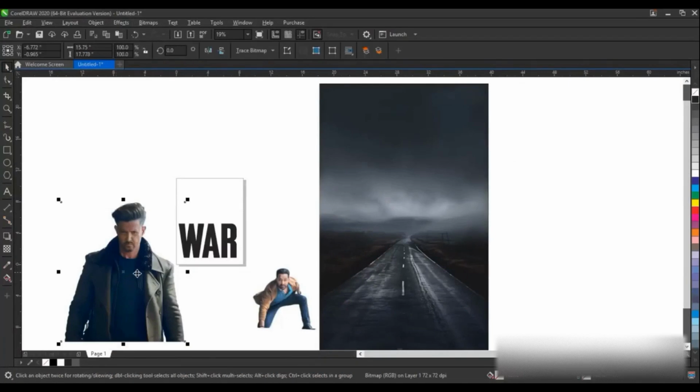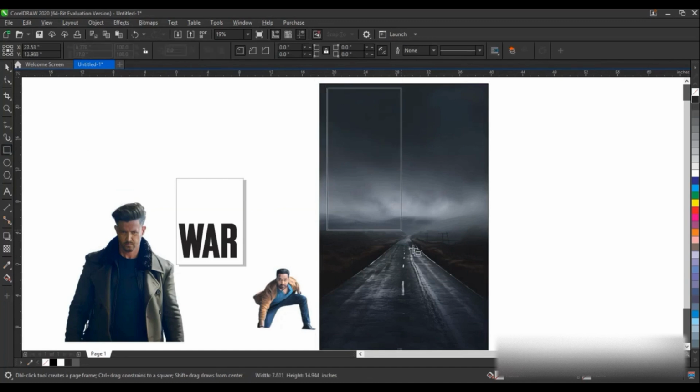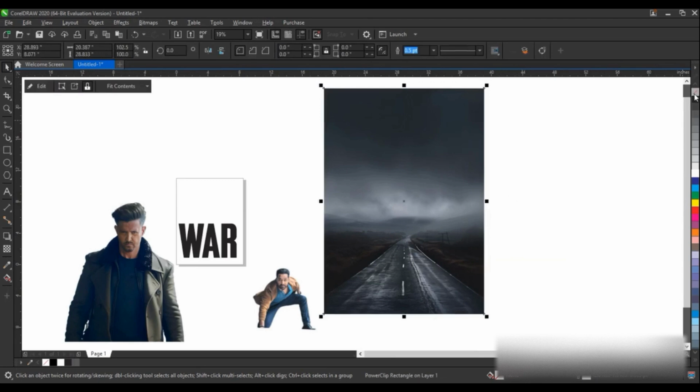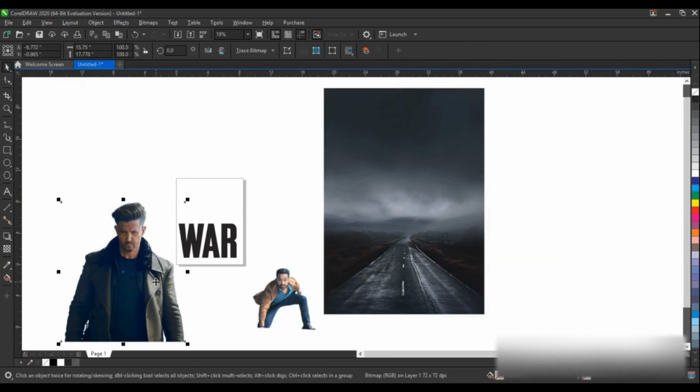Hello, friends. In this video, I'll show you how to design a professional and cinematic Bollywood-style movie poster for War 2 using CorelDRAW. This tutorial is inspired by Hrithik Roshan's look and vibe in the upcoming action-packed film War 2. Whether you're a beginner or already into graphic designing, this tutorial will help you improve your CorelDRAW skills and learn